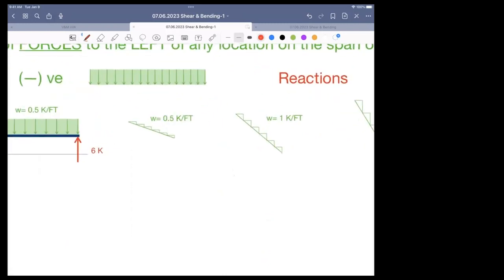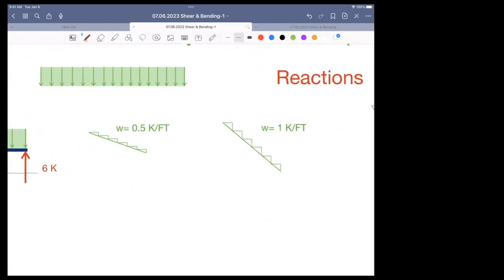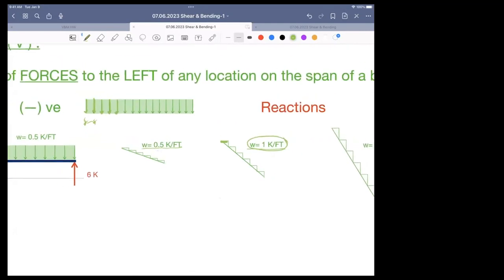A uniform load says there is a uniform load coefficient. And I trust that you remember all this stuff from your structures classes. If not, we're going to touch basically on it. But this one says you travel 1 foot and you lose a certain amount, in this case, 1 kip per foot. Travel another foot, you lose another kip, another foot, another kip. It could have been